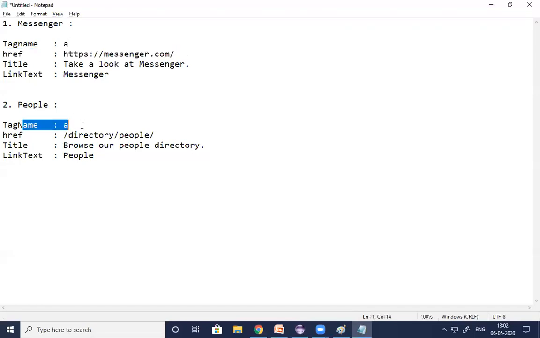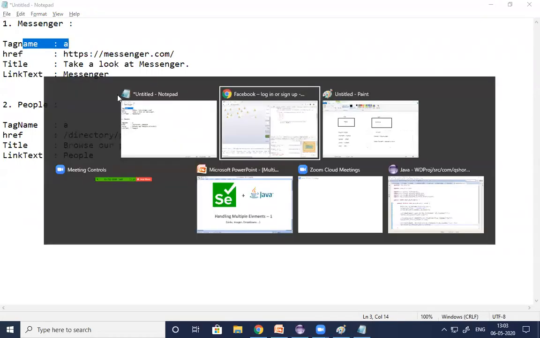Last one is what? Tag name. Tag name remains the same for every link in a page. So why can't we use this tag name? Yes, we can use this tag name. So the conclusion here is what, guys? Every Kishore in the organization has the same name, employee name. Every male employee has the same gender. In the same way, every link in a page also has the same tag name. Understand everyone? Same tag name. So we can use this tag name to count the number of links in a page.